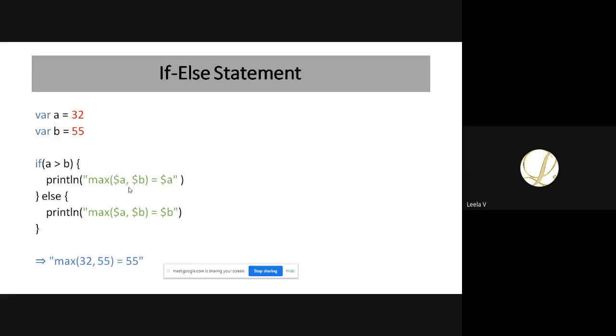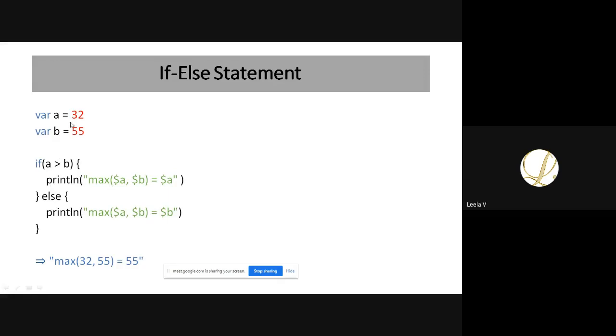And we can also use the if-else statement here. If your condition is true, then the if part will be executed. Otherwise, it will go to the else part. Here I'm comparing two numbers and printing which one is the maximum.